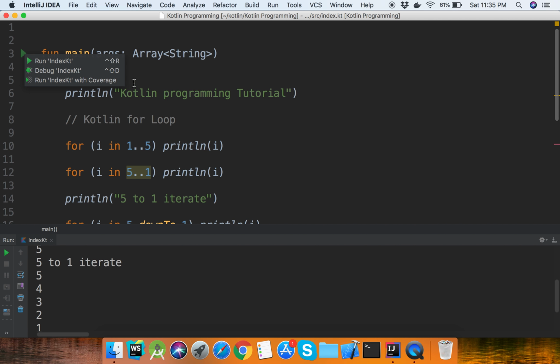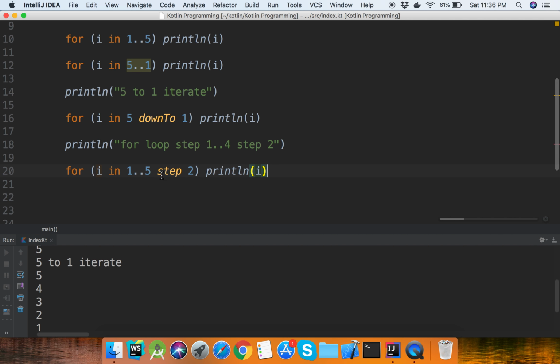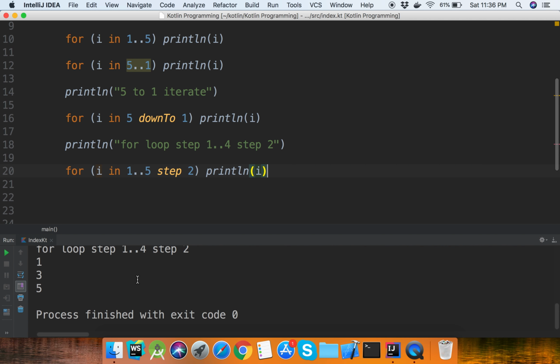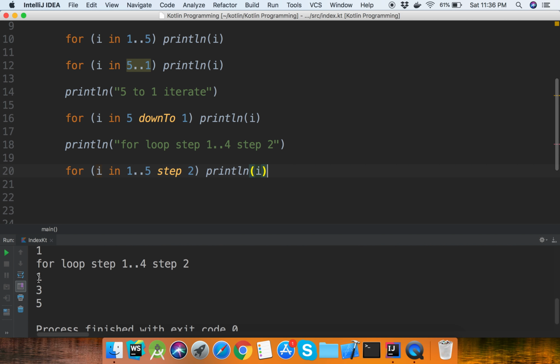Now we will show the for loop step. This is showing 1 3 5. This is the for loop 1 to 5 and step 2. The iteration step ahead increments by 2, and we can show an example of Kotlin